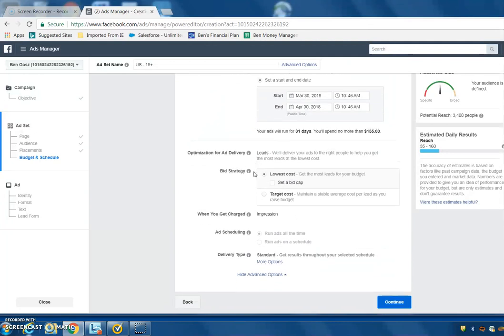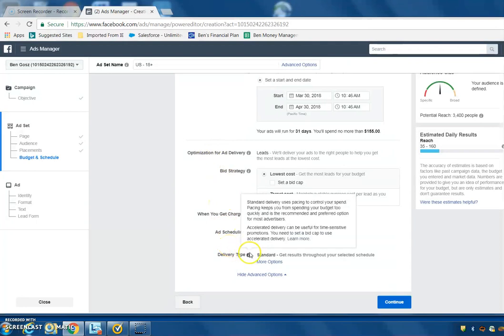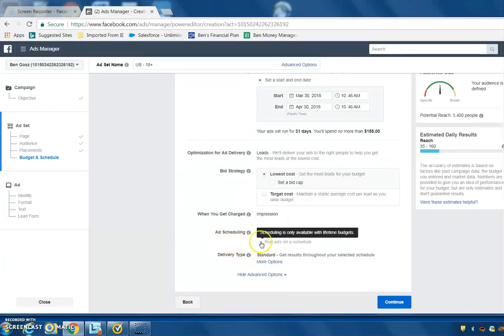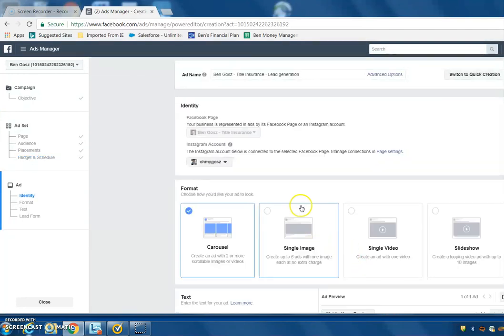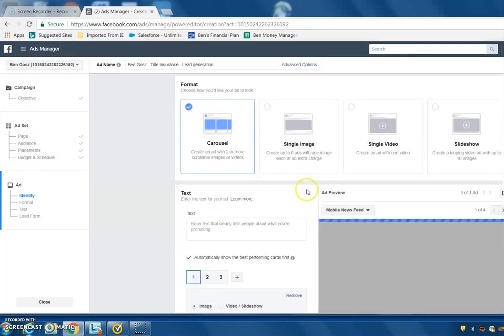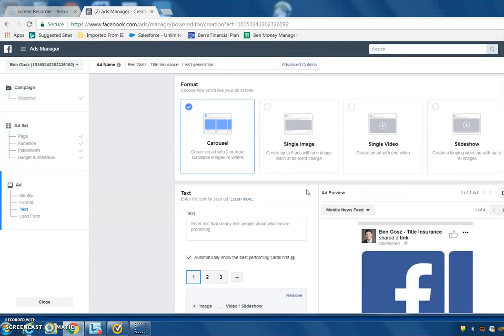And then we scroll down here and we have the ability to change several different things, and I don't change any of this stuff. I leave it all the same. You have the ability to change it, but I don't like to. So next thing we would do is just hit continue, and it would bring you into building the ad. So I'm going to end this video there, and then in the next video I'll go in and show you how to do all of this stuff where we're actually